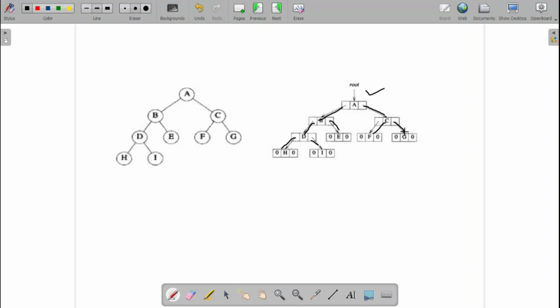But in the case of arrays, just by following the index values, we can get the node values. Here we need to follow the link values. Again, links will take up a small storage, but it is negligible. So this is the advantage of having the tree representation using the linked list.